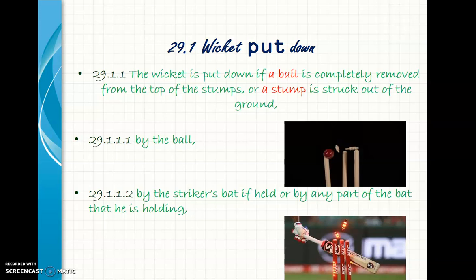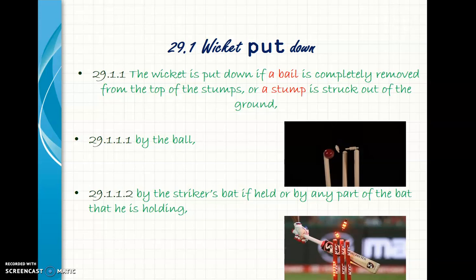So in order to consider the wicket is down, at least a bail has to be completely removed from the top of the stumps, or a stump is struck out of the ground. So the main condition here is that at least a bail has to come out of the top of the stumps completely, or a stump is struck out of the ground or uprooted